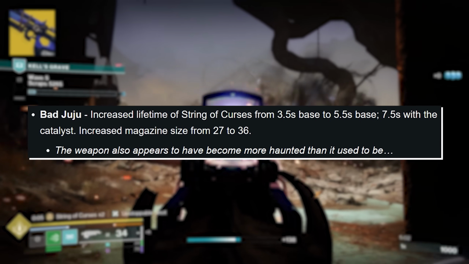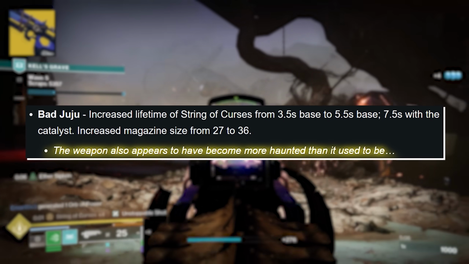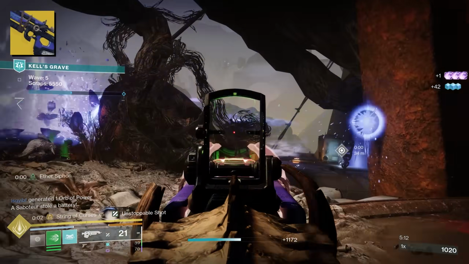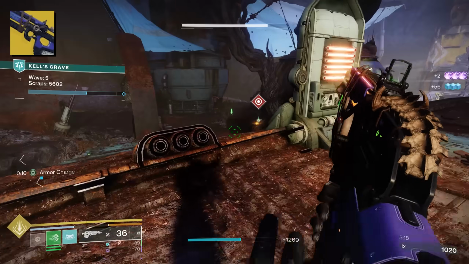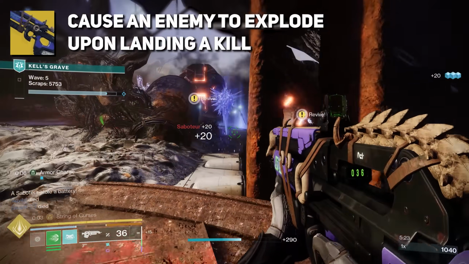Now Bungie also stated, and I quote, "The weapon also appears to have become more haunted than it used to be." We didn't know what Bungie meant by this at first, but in our testing we found that it seems to have a hidden intrinsic that was already present before, but much easier to proc now. You see, Bad Juju technically always had this, where it would seemingly and randomly cause an enemy to explode upon